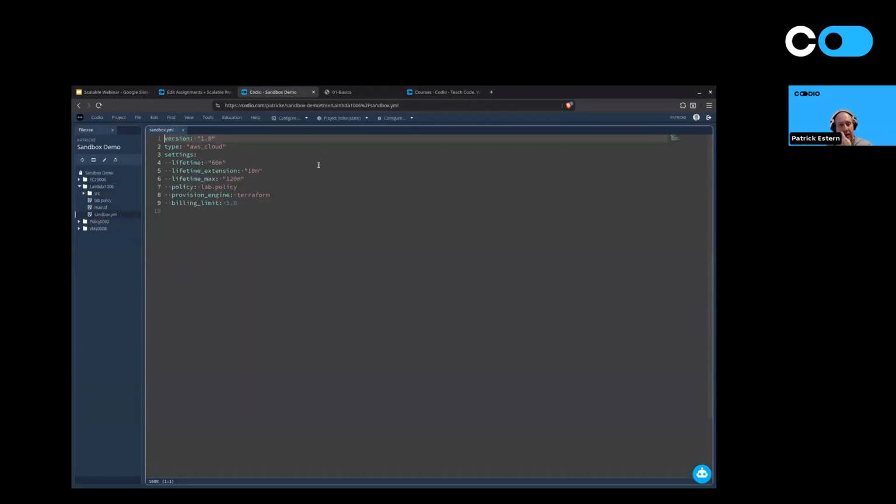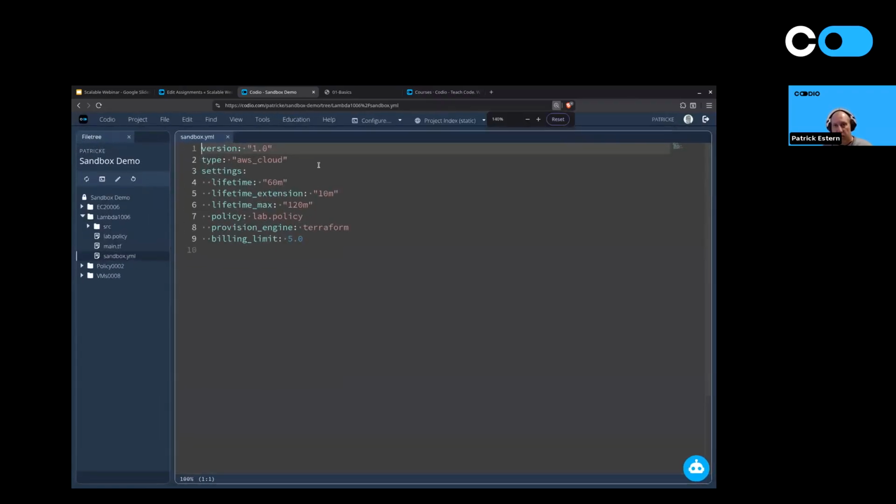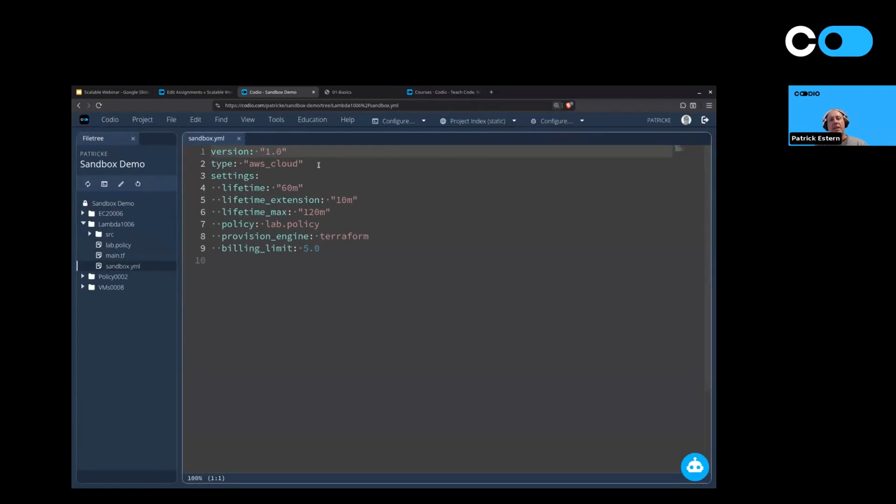So this is a YAML file that I've been talking about. I don't know how visible that is. Let me make it larger. Okay. So what you see here is this YAML file. Like I said, students are not asked to create an AWS account, right? The account uses the policy file and this YAML file, and it is generated for